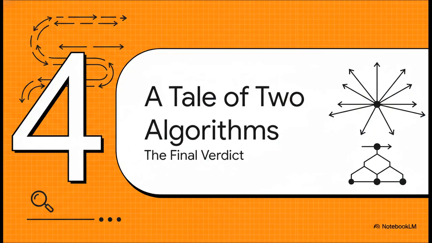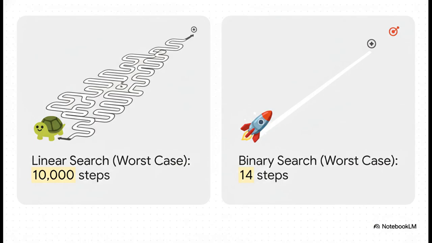So, it's time. Let's get to the final showdown. Let's put these two algorithms side by side and see just how big of a difference this all makes. This right here is the bottom line. To find one item in a sorted list of 10,000 numbers, linear search might take, well, 10,000 steps. Binary search will take, at most,